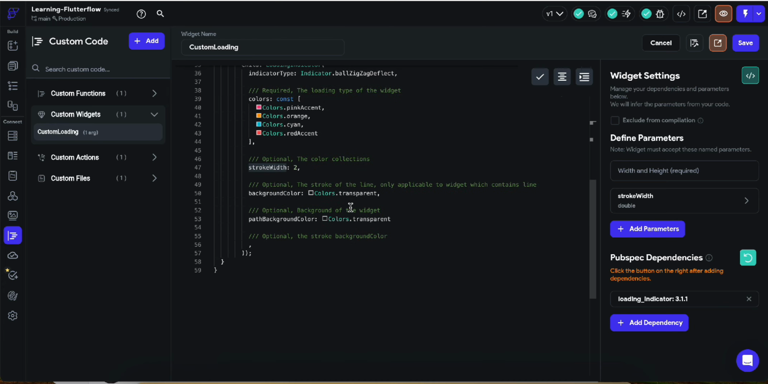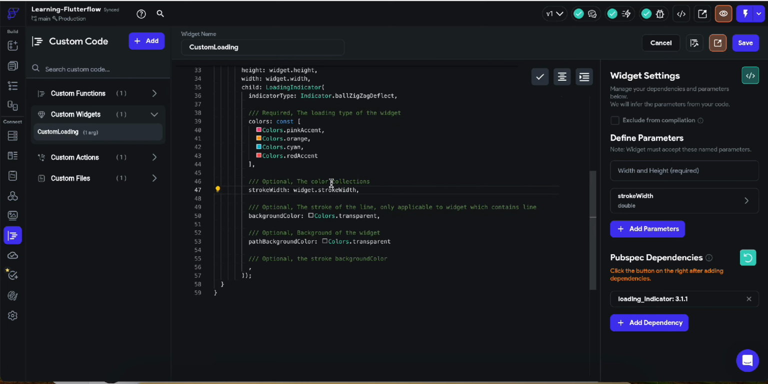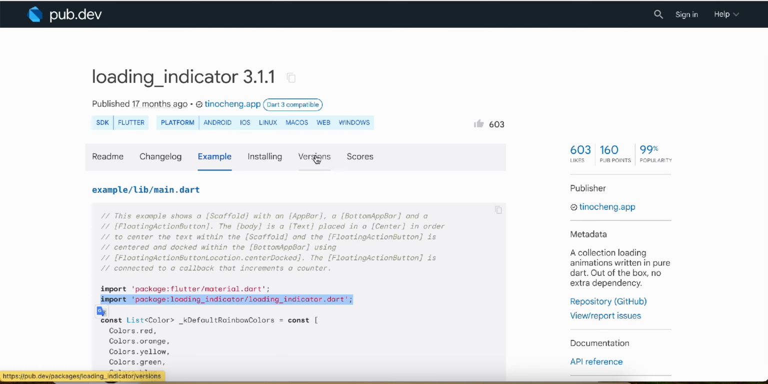So what I need to do here, instead of adding 2, I'm going to say widget dot, sorry, spelling mistake, widget dot stock width. Here you can see it's totally fine, it's working well. Okay, and I'm not satisfied with my